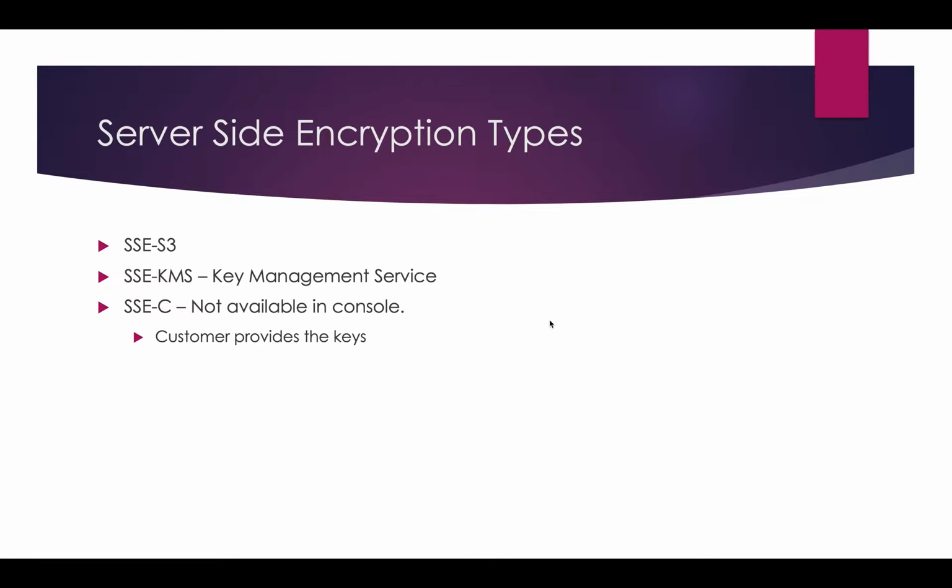What's the difference between S3 and KMS? Then we'll go to SSE-C. C is nothing but customer. You provide the encryption and decryption yourself. That is not available in the UI; if you want it, you need to handle it in your AWS CLI. It is not available at the S3 UI level, and you need to provide it only through the command line. We will see the first two options.